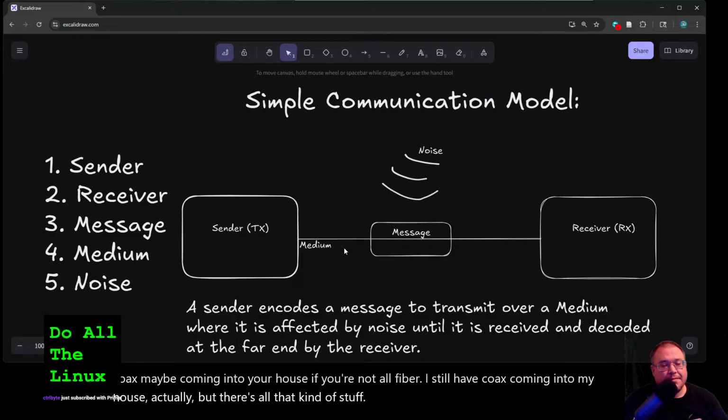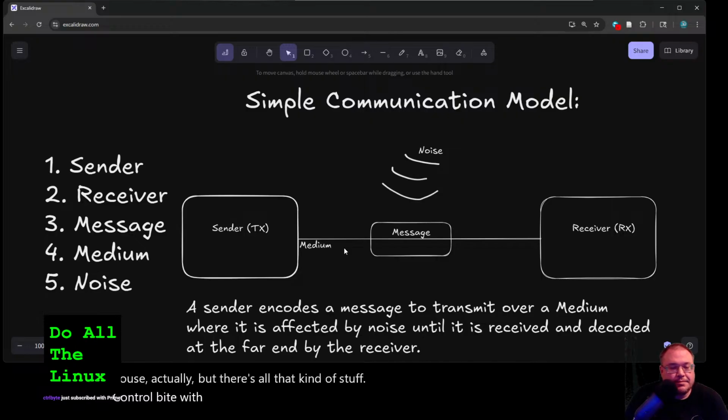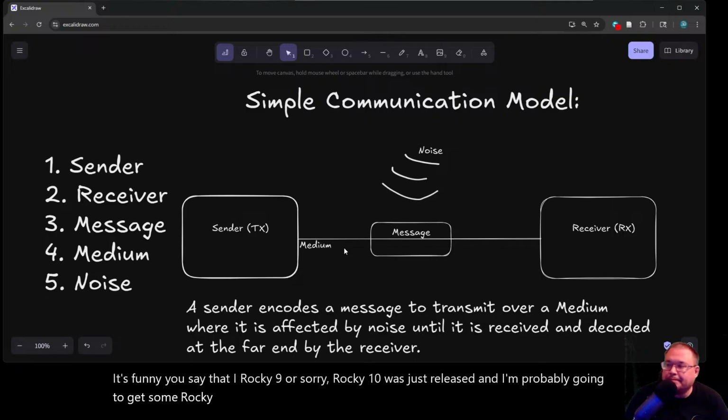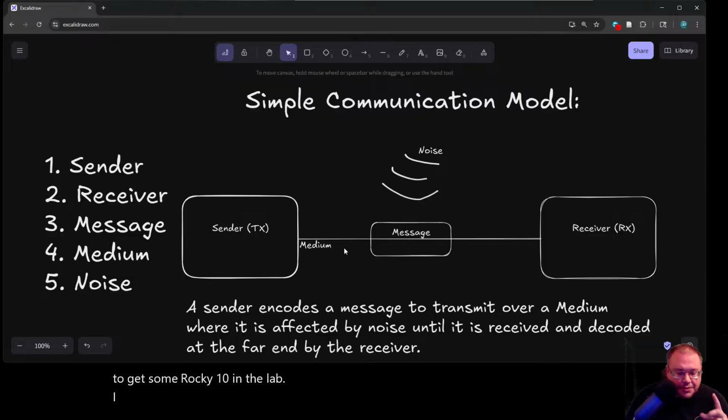Control byte with Prime. Your kernel version is adequate for now. It's funny you say that. Rocky 10 was just released, and I'm probably going to get some Rocky 10 in the lab. I need to,